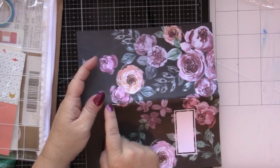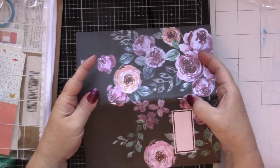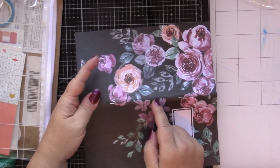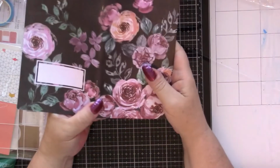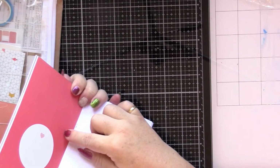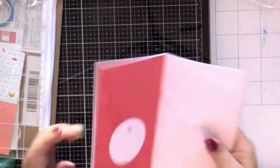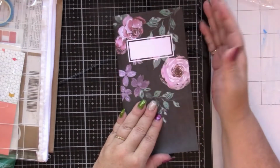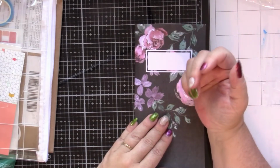Then I will poke a hole in the top hole left from the staple. I will poke a hole from the bottom hole left by the stapler, and then I'll poke one in the middle. And I'll probably use, I don't know, because this is the color that we've got on the inside, but it's not on the front. So I think I'll probably just use black. Okay, so that's the prep I'm going to have to do before I use this, and it's not that much. It's not that much prep. If you haven't done it before, it might sound like it's something, but